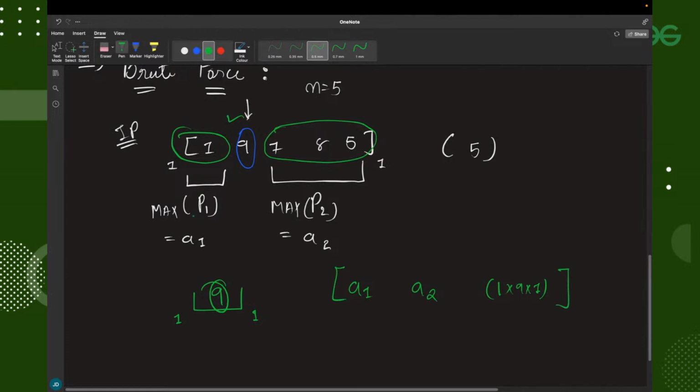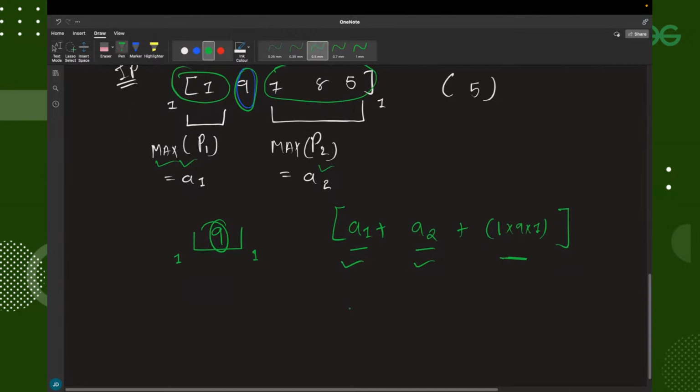So A1 is the maximum of P1 and A2 is the answer for the maximum of P2. As this is the maximum and this is the maximum value, on bursting balloon 9, what is the maximum value you can get in this manner? You can get that answer by finding the value A1 and value A2, that is, the maximum profit by bursting the balloons in partition 1 and the maximum profit by bursting all the balloons in partition 2. So if you get this maximum and this maximum and you add the value you get by bursting balloon 9, you will get the output,